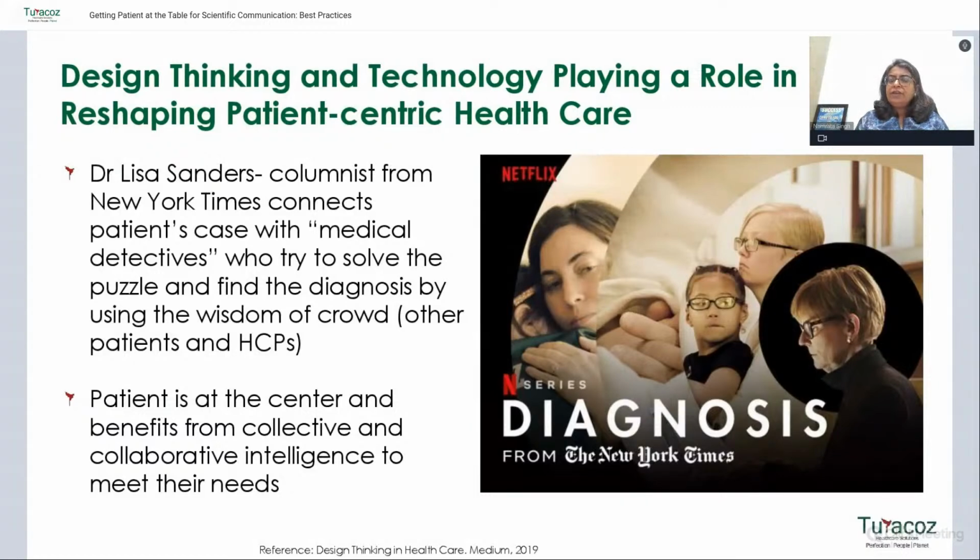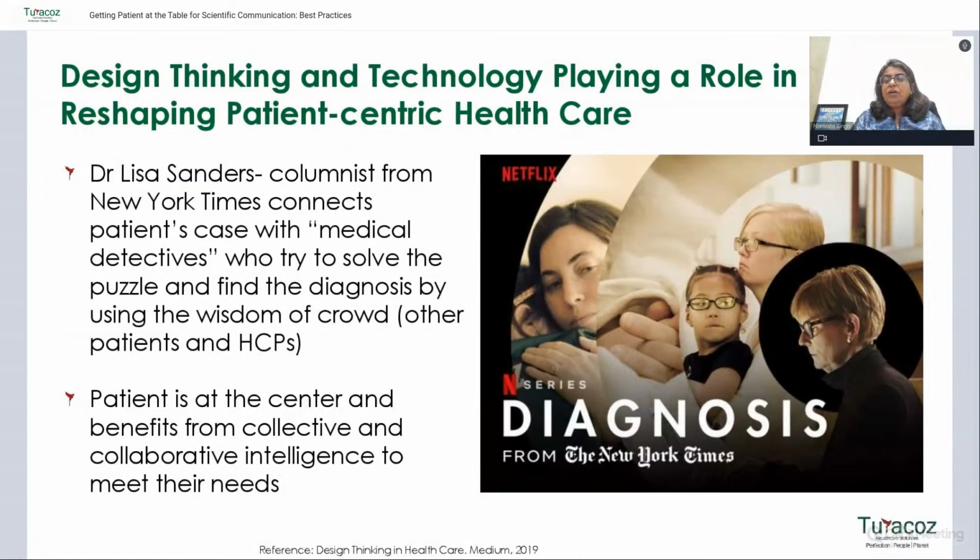Now the patient was living in one of the very advanced cities in the US, with the best healthcare available to her, and still her condition was not getting diagnosed. So these things can happen to any one of us. But what is very intriguing here is that other patients and other doctors who have different experience can pitch in, and it is collaborative intelligence which comes in and responds, and a solution is found to a problem where the doctor treating the patient might feel, I don't have an answer for this, and I don't know how to treat it.